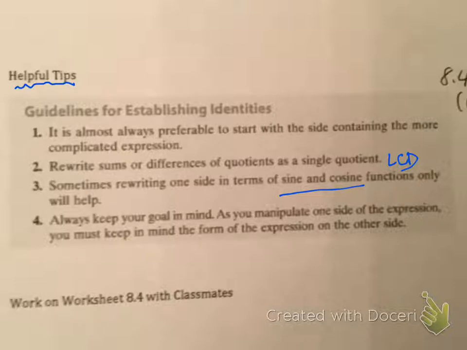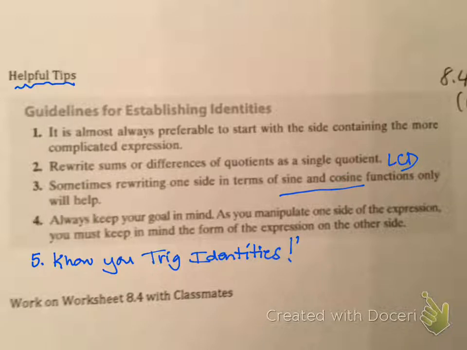Okay? And I'm going to add a number 5. Know your trig identities like the back of your hand, okay? So make sure you know, like secant, for instance, is 1 over cosine. Things like that, okay? So if you know your trig identities, it's going to be very, very helpful for you. And 6,